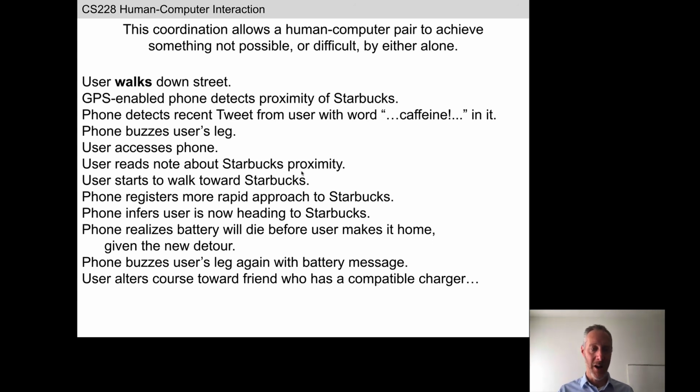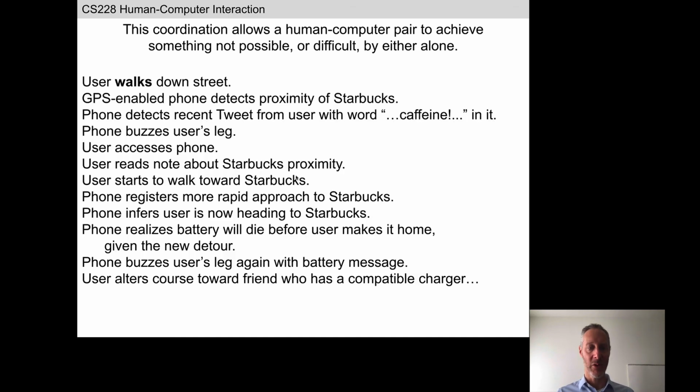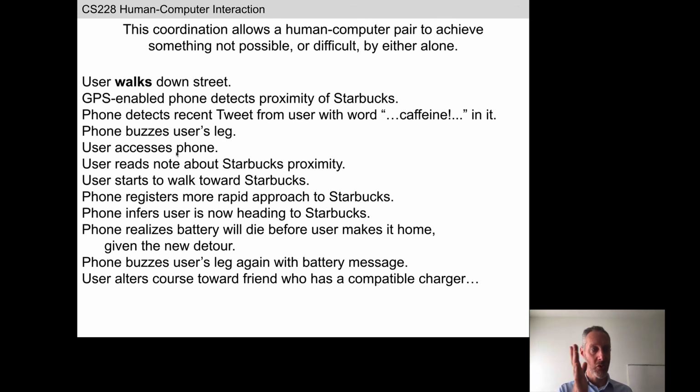So there are these periodic interruptions that look a lot like periodic feedback loops between the human and the smartphone in this case, but there are also a lot of continuous interactions going on here. You are continuously moving through your environment as this interaction is playing out. Your phone is directly or indirectly altering that continuous interaction of you with your physical environment and drawing conclusions about your behavior or your desires based on that. As we know, technologies often assume wrong, and when they do, it's extremely frustrating. So again, the phone has to also decide whether it makes sense to interrupt you or not.